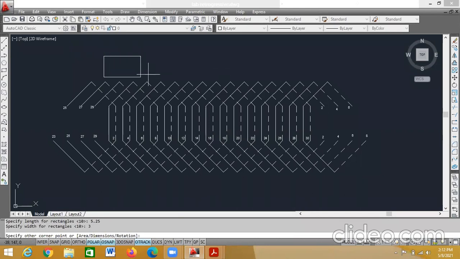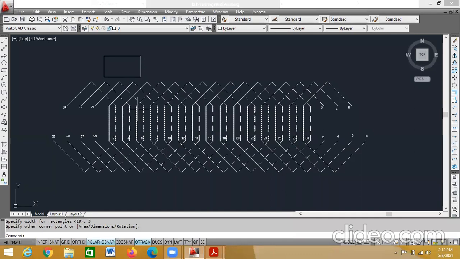So you get a rectangle of length 5.25, that is 0.7 tau, and width 3, because the height of the conductor I took 5. 1 mm above I'll leave, 1 mm below I'll leave.